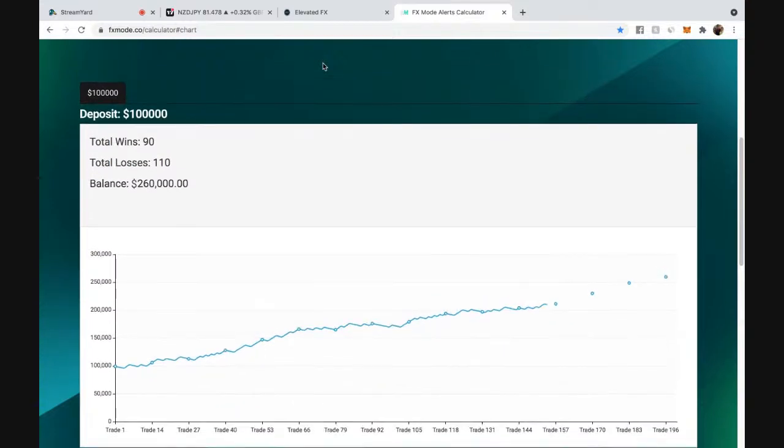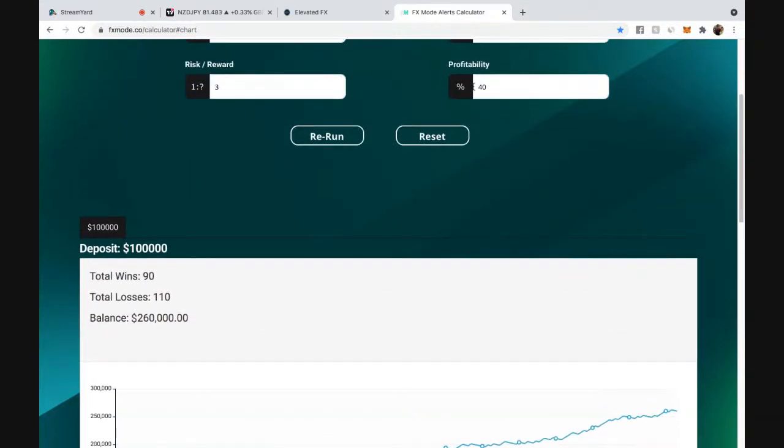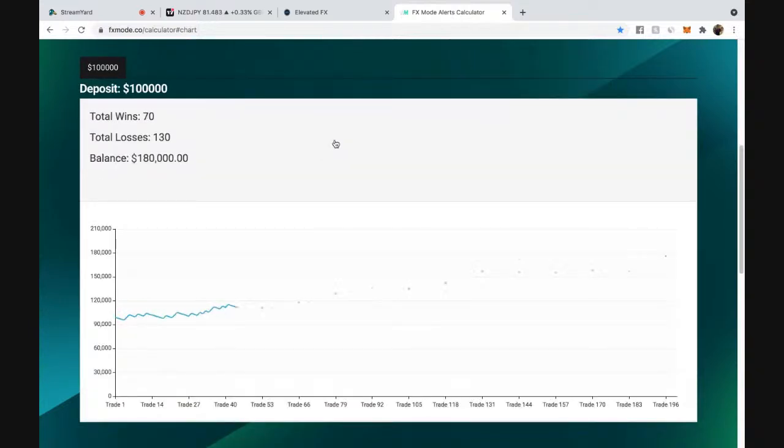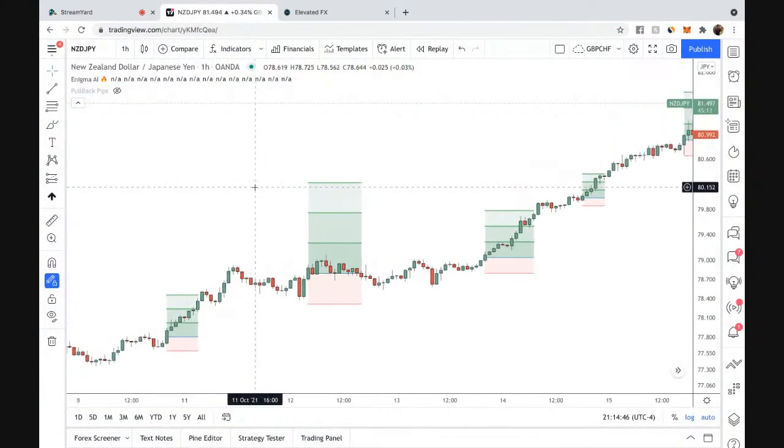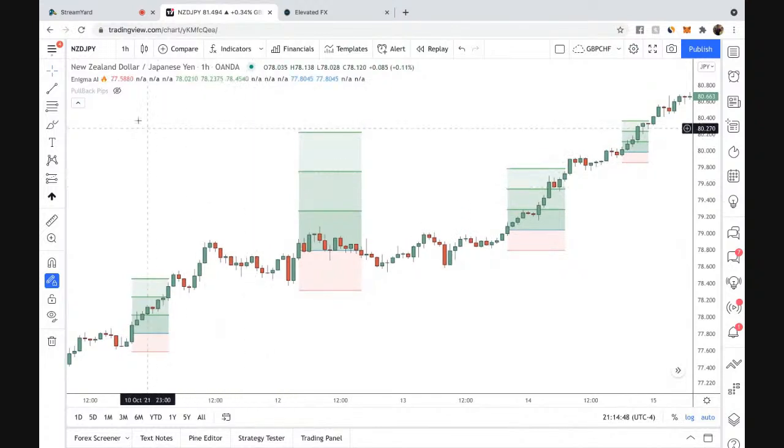How can I understand that if I'm 40% profitable, 40% accurate, that means out of every 10 trades that Enigma sends out, you get 4 of them right, and you're still profitable at the end of the month, at the end of your 200 trades, right? So I wanted to show you that so you guys can see firsthand how this system's going to work in your favor. As you can see with Enigma right here, this setup hits 3-to-1.